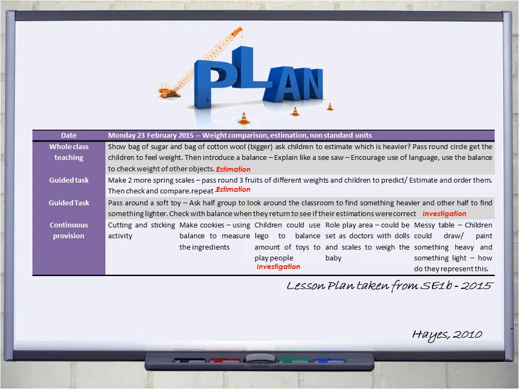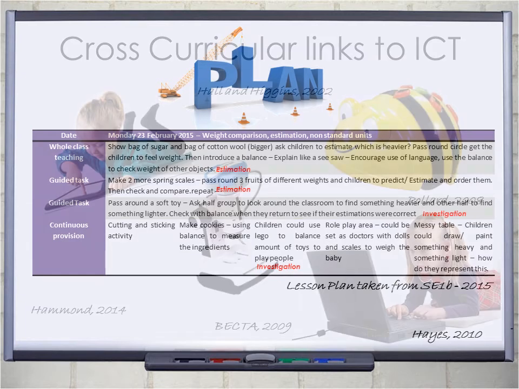However, children will need a sound understanding of number if they are using scales. The practitioner will need to ensure that the specific skills needed match the mathematical skills required. This is an example from some planning from SE1B. This is a maths lesson, but the children will be using scientific skills such as estimation and investigation throughout all activities. This lesson has been well matched to the scientific and mathematical skills of the children. For example, they will be using non-standard measures so that the maths work is not above their level of understanding.